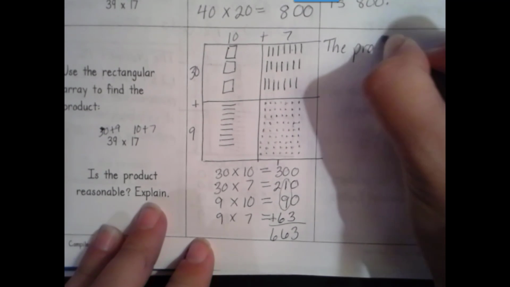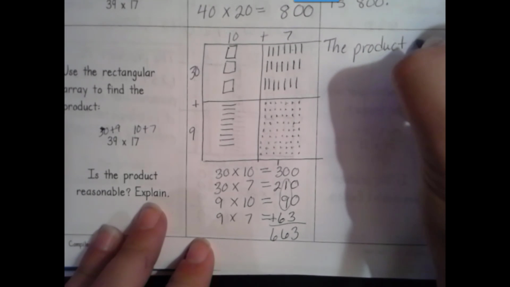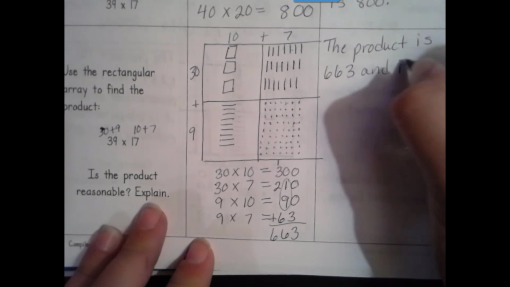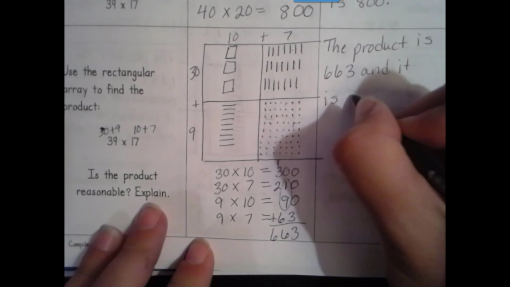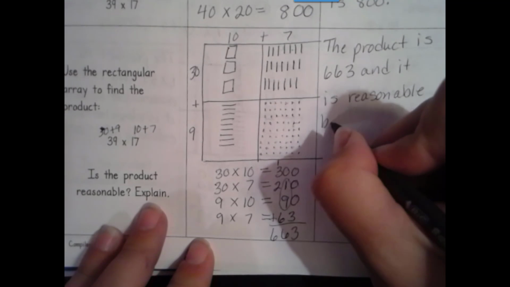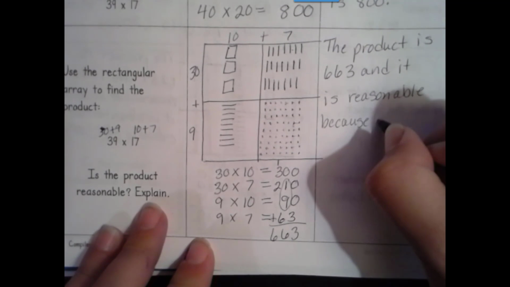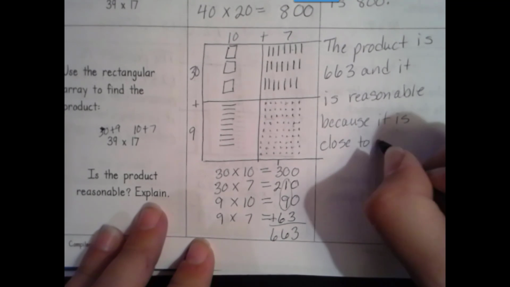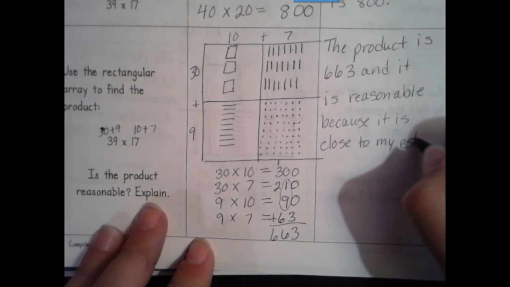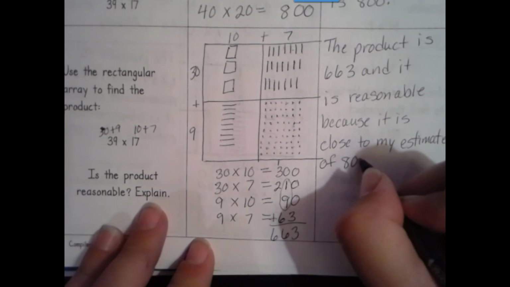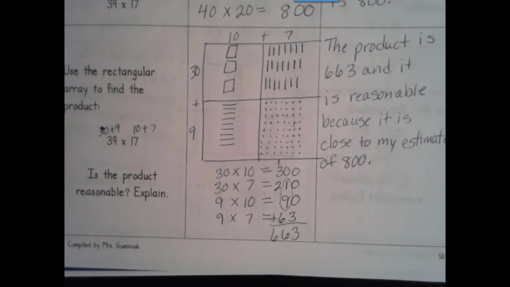The product is 663. And it is reasonable because it is close to my estimate of 800. All right, now that's it for this practice, but we still need to continue